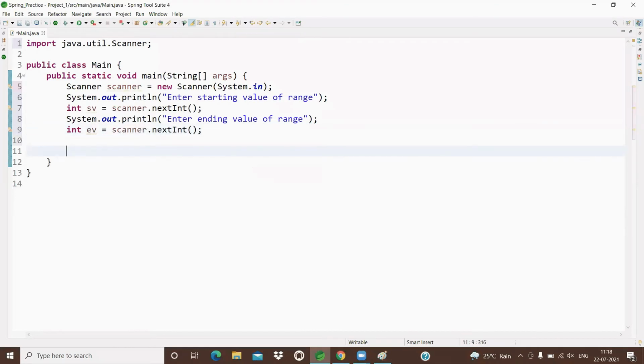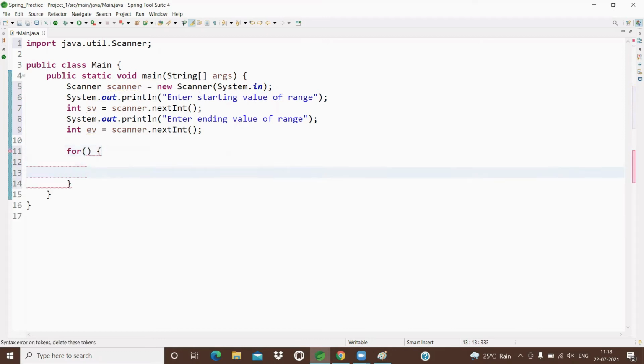Now, to increase the value from the starting value to the ending value, we require one for loop. Here I take one variable, int i equal to starting value, then i less than or equal to ending value, and finally i plus plus.